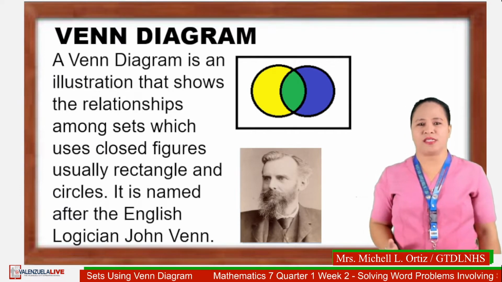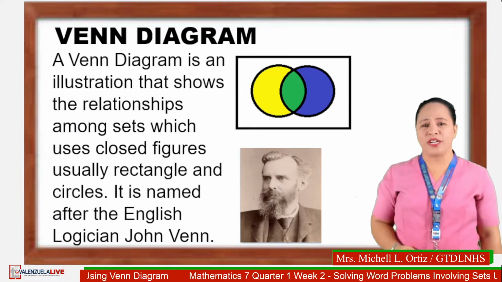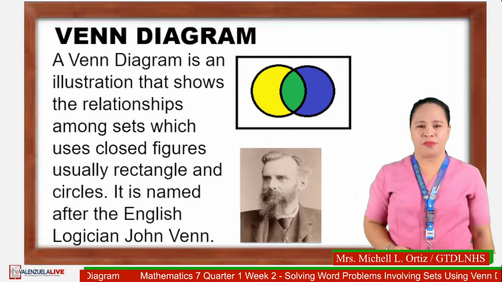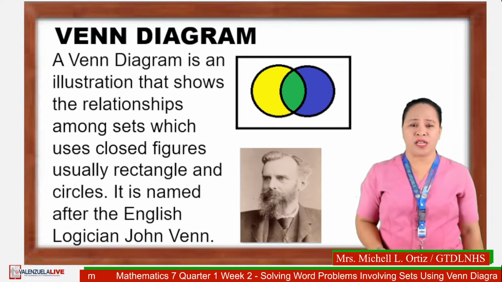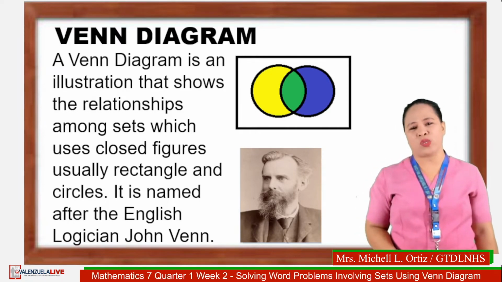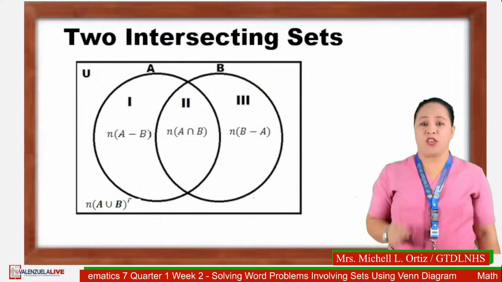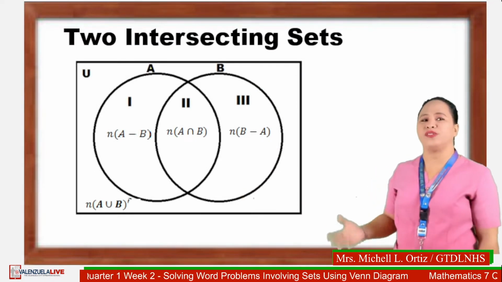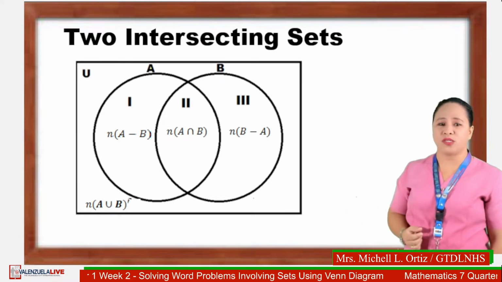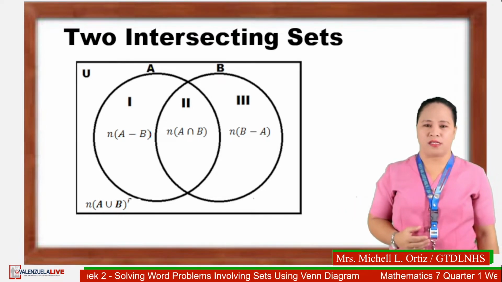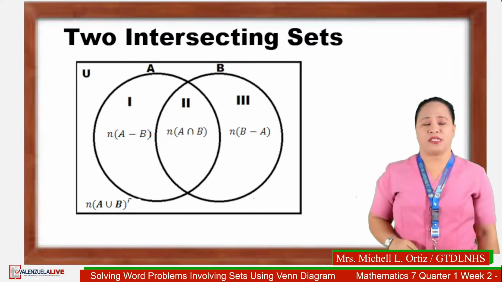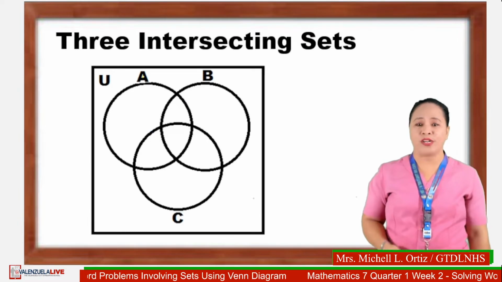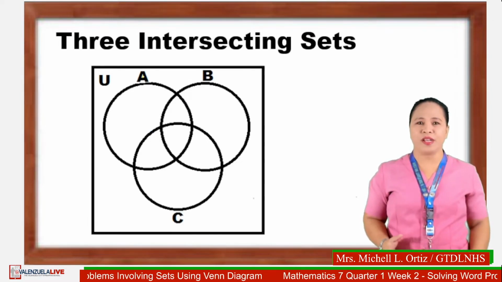Dear students, bear in mind that in order to solve word problems involving sets using the Venn diagram, you have to familiarize yourselves with how your illustration will look like. If the problem involves 2 categories, then you have to draw 2 intersecting sets or 2 intersecting circles enclosed in a rectangle. If 3 categories are involved, then you have to draw 3 intersecting sets or 3 intersecting circles enclosed